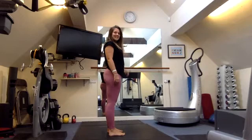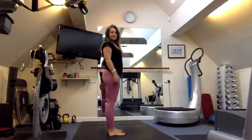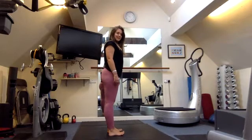Lovely, very nice. So lifting the toes and spreading and back down. Lifting and spreading and back down. We'll do a couple more of these. So we're just going to start to really mobilize the feet in every single session we do, in lots of different ways. And you should notice that you just become